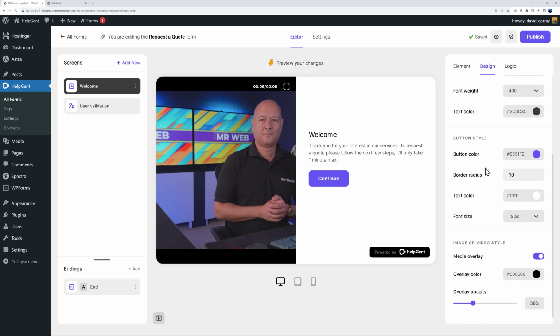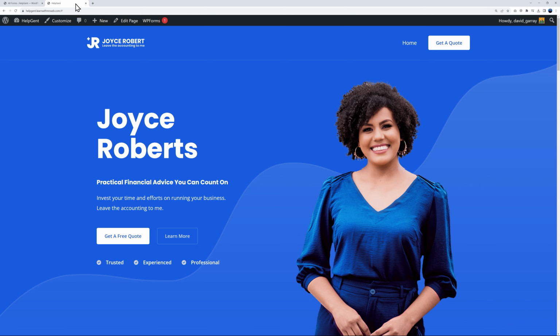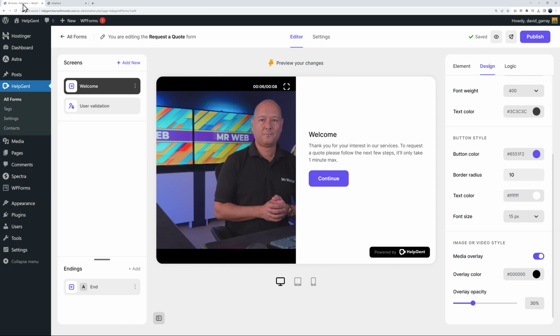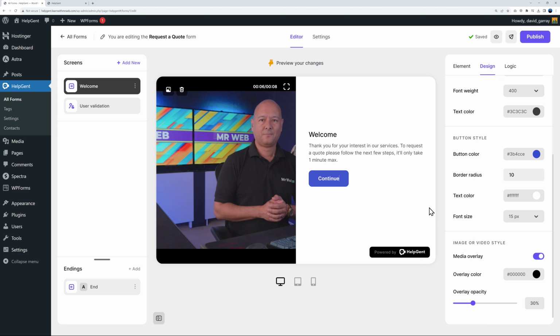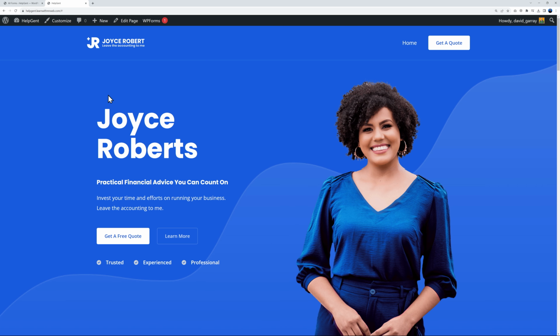As you can see, you have the button color. So if you want it to match, let's say, our blue here that we have on our website, you can easily do so by clicking on it. And then you can use the slider here and match the blue from your website. So let's select this one here as an example, maybe this one. Okay, that's perfect. And as you can see now, our button is blue